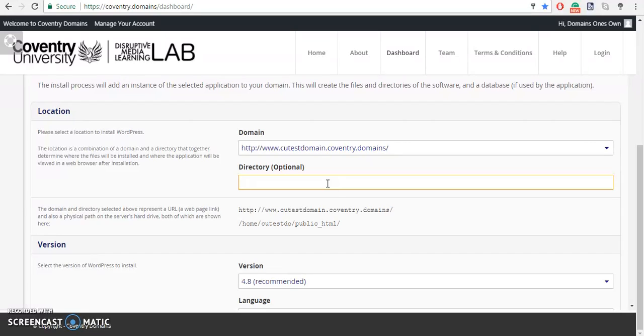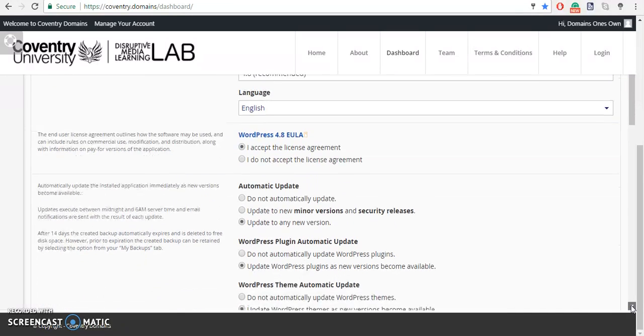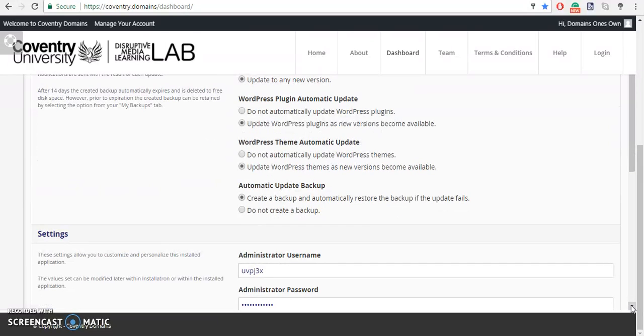Directories are used to select, in a similar manner as folders, where our site will go. Since our site will be the main space, we don't need to enter anything here. As we go down, we can see a couple of selections. We're going to leave them as default,